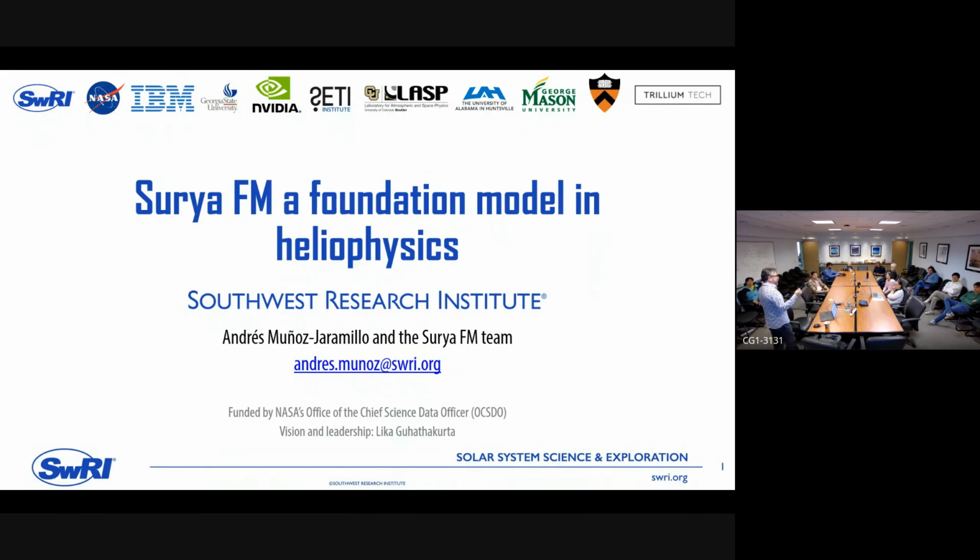And this is an effort, a test of the concept of foundation models, the idea of these large artificial intelligence models that are multi-purpose. The OCSDO has funded one for geophysics, one for heliophysics, one for planetary right now. So we're working on that.